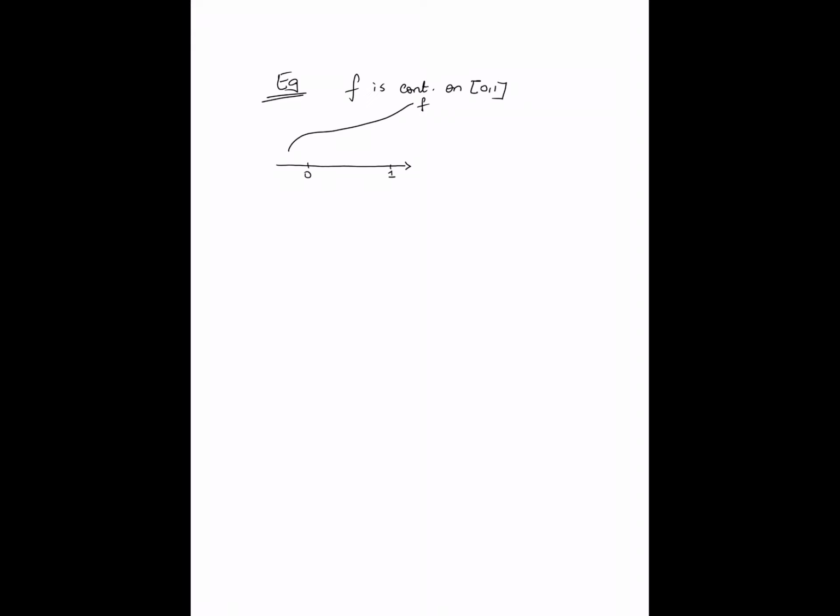The way in which you construct a Riemann approximation is as follows. You break up the interval 0, 1 into a bunch of chunks. For ease of illustration, I'm going to break it into just 4 chunks. So these points are 1/4, 1/2, 3/4, and so on. In general, I would break it into n chunks, and then within each of these sub-intervals, I'm going to approximate the area under the curve by a rectangle, an upper bounded rectangle and a lower bounded rectangle.